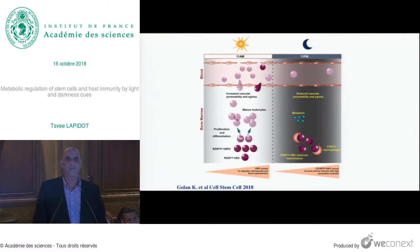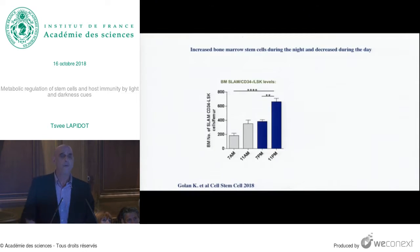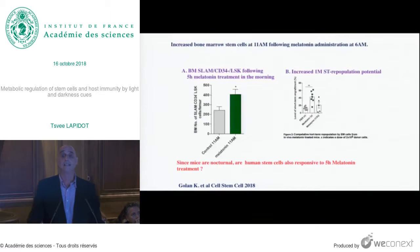And how do the stem cells at night have much better stem cell phenotypes, homing and repopulation potential, like the yellow versus the green asparagus? So if we look at some of the cell surface markers, and in mice, the stem cells have lymphoid markers which are called SLAM, we see that at 11 o'clock in the morning and at 11 o'clock at night, there is a huge difference. The number of stem cells is similar, but the SLAM markers like CD150 or surface c-KIT